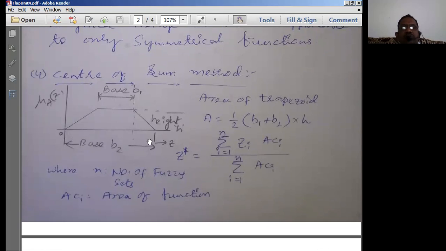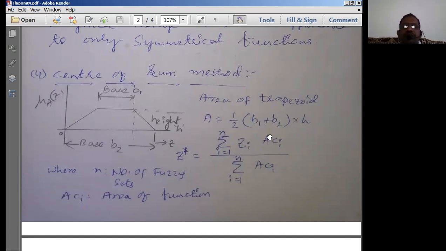See, this 0 to this value is going to be one base, and from here to here, b1 is nothing but another base. So b2 is one base, b1 is another base. Base means what? We normally lay this function on base b1 or on base b2. Presently it is laid on base b2. You can simply make it lay on the base b1 also. So these two are the bases under consideration.